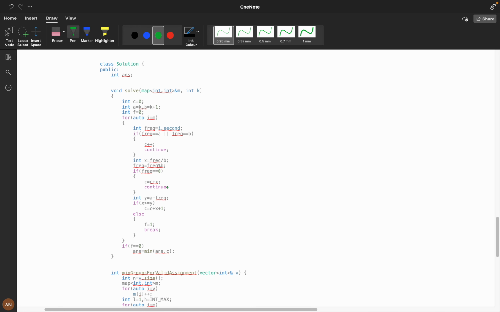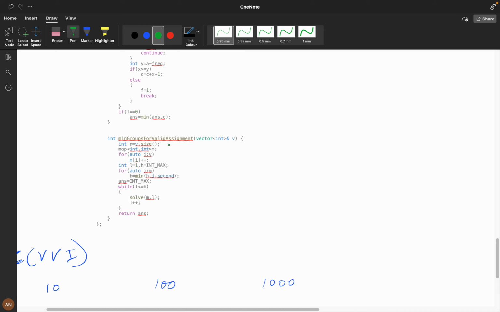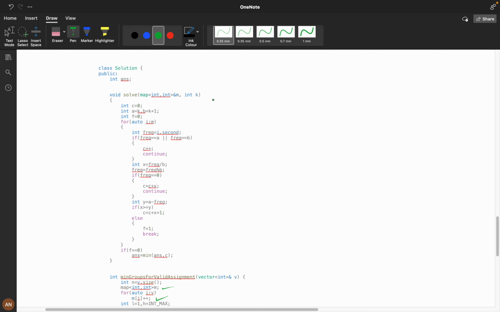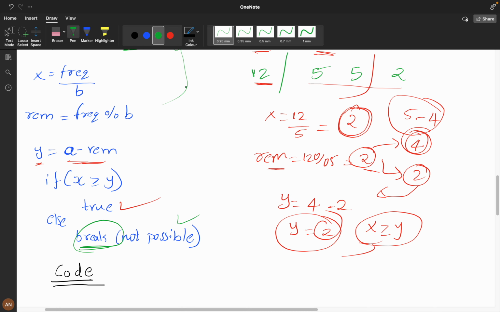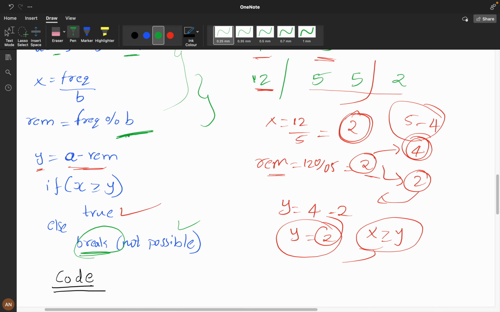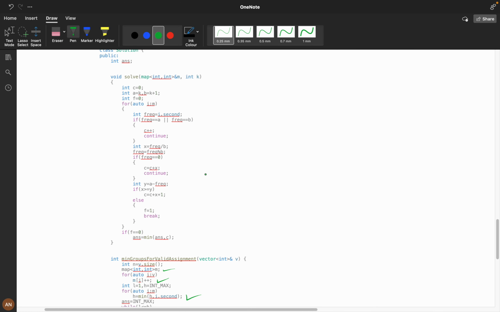So let's see the code. If you see the code, you can understand the problem clearly. So here we have a map, and we will keep every element in the map. Here we are taking the minimum, i dot second. So L is less than or equals to A, then we are calling the solve function. If you can see this is very big, but if you understood these calculations, then it will be pretty easy.